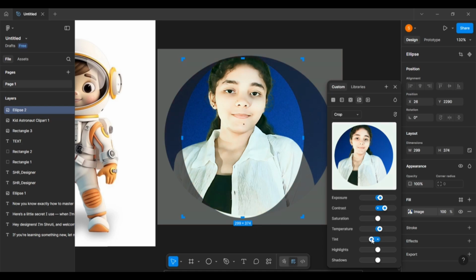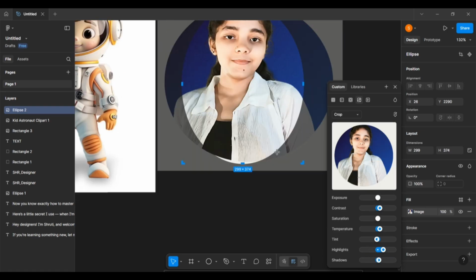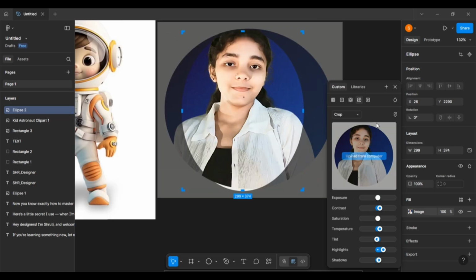Then there will be the tint section. The more you play with all these things, the more you will get to know what they are. Then is the highlight section, and next moving on to the shadow section. Shadow section is basically for the blackish part. If you want this area to get more black, just increase, and over here you can see it's getting more shadow. If you want a decrement in the shadow, the black decreases. So these are all the sections of the colors.